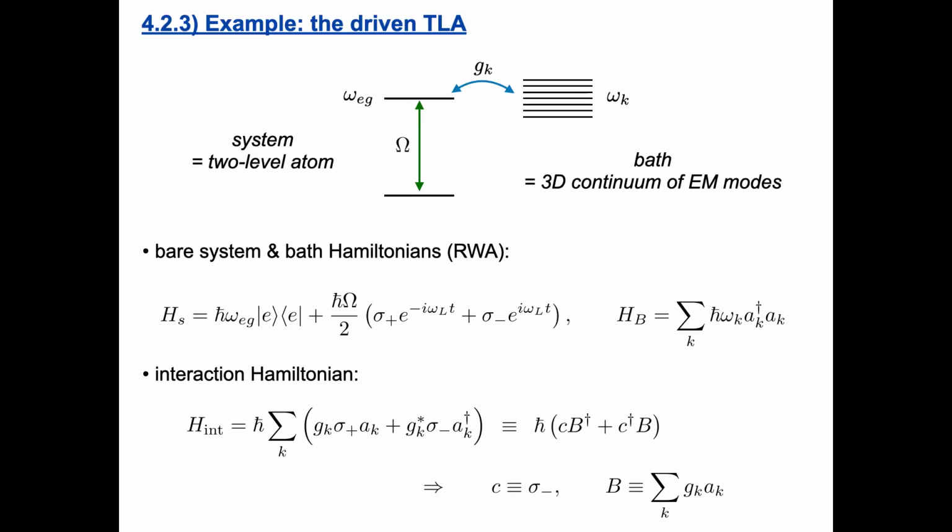If you now go to the rotating frame and subtract the laser frequency here, then sigma plus would rotate with plus i omega L t. So this would cancel out, this would cancel out. We could keep the other terms and afterwards verify that this is the correct way. It's just that we already know what we expect. So this is the rotating wave approximation already applied, but in the original lab frame.